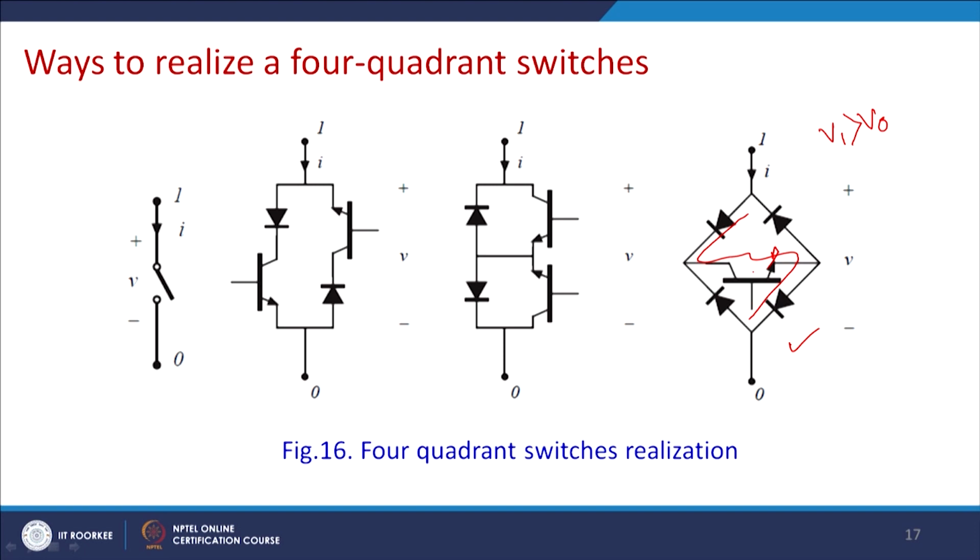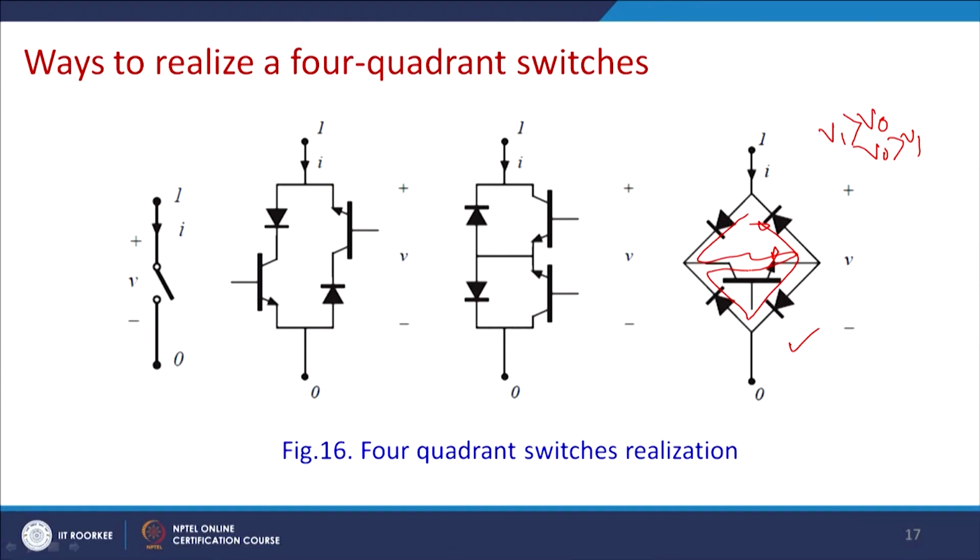And what happens? If the reverse happens, that is V0 is greater than V1, then definitely current will be flowing in this direction. Then what is the advantage of it? This requires only one control switch, that is one of the biggest advantages of this. But the disadvantage is that it will have a loss, it has to incorporate losses of the 3 devices, because all